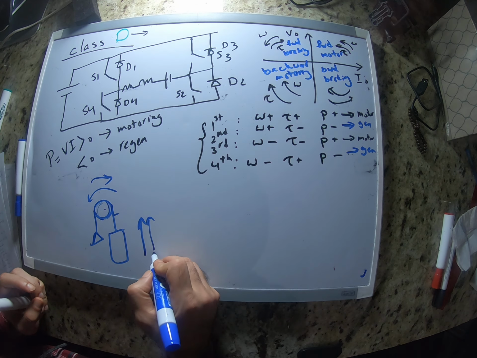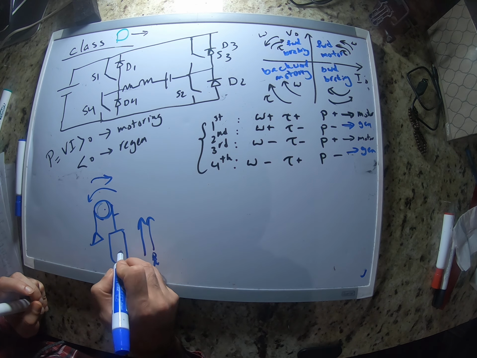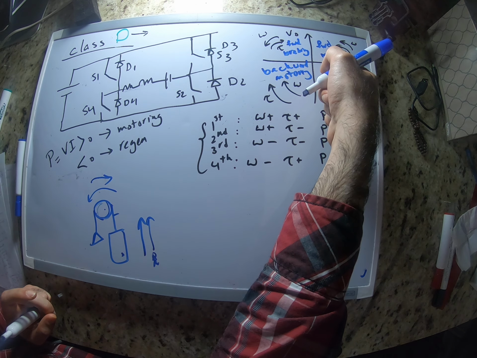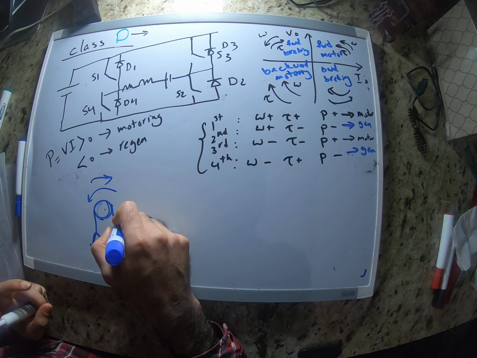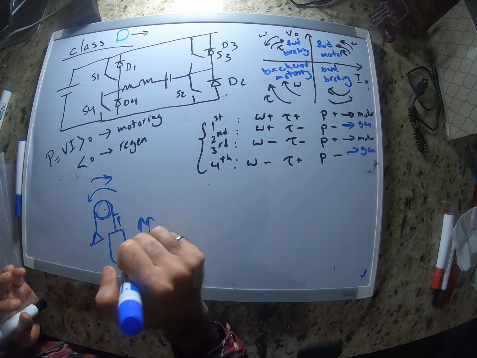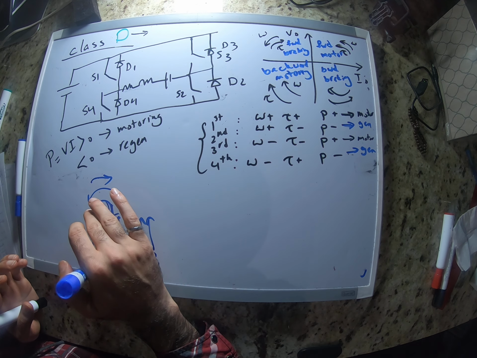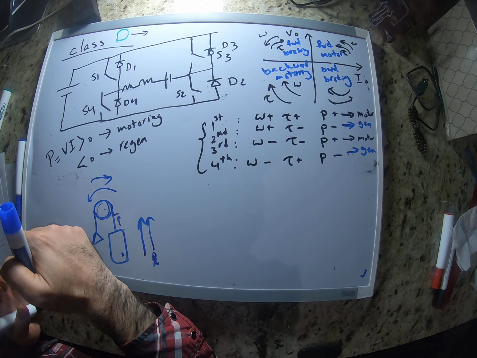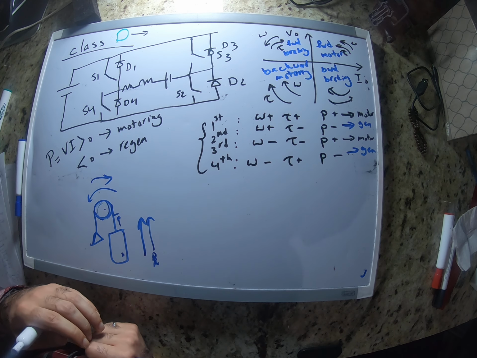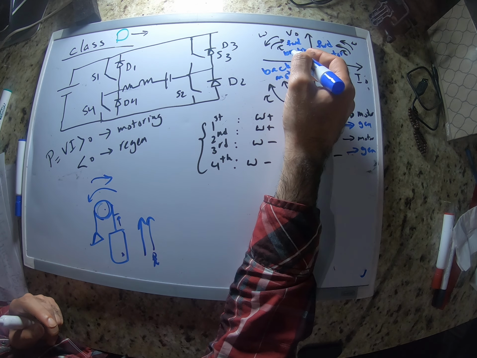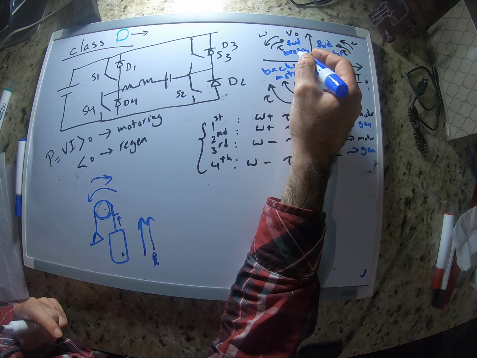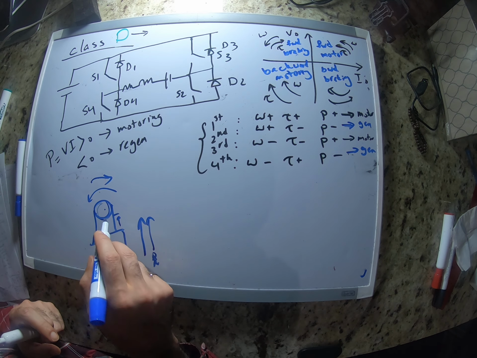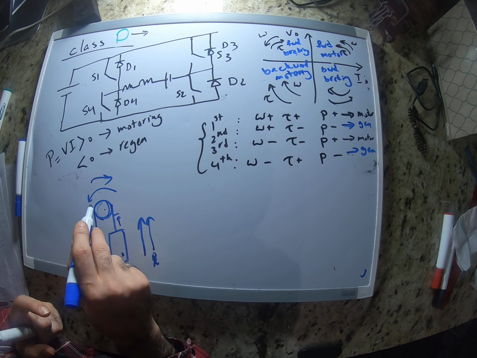So let's say you want to get on the elevator and you press level 3. At this point, the motor is going to be in the forward motoring, right? When it's getting close to level 3, the motor is going to stop, right? So the direction of the speed is still counterclockwise, but the torque is going to be in the opposite direction. So it's going to be forward braking, right? And in this case, the motor is going to be generating energy. The mechanical energy that's stored in the machine, it's going